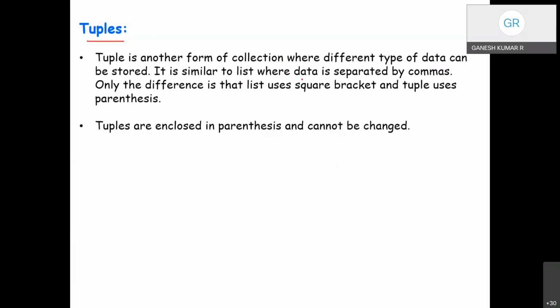It is similar to list, where data is separated by commas. That is the common feature between list and tuple: the data members are separated by commas. The difference is that a tuple uses parentheses, whereas a list uses square brackets. Is it clear?